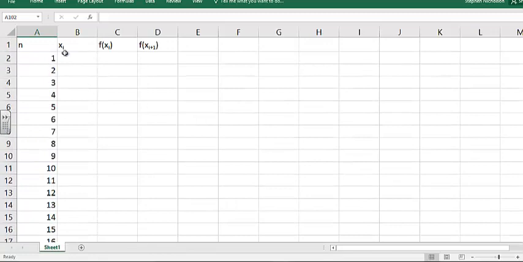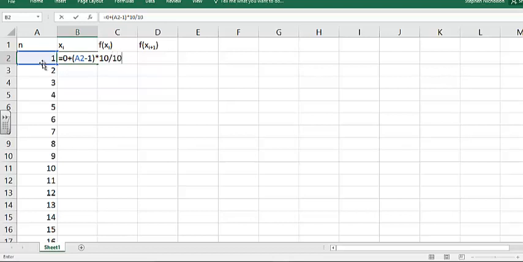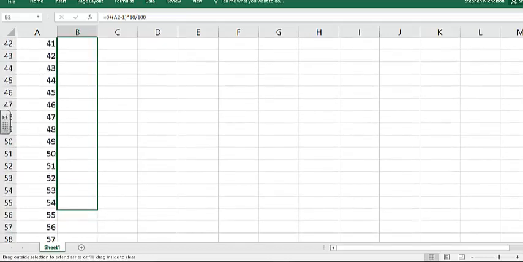So what we're going to do is start at x equals 0. Let's do y equals x cubed plus 1. Okay, that's my function. So this is going to be equal to 0 plus n minus 1 times, and we're going to be between 0 and 10, so I'm going to take 10 and divide by 100 because I have 100 rectangles. Let's see if this works. The next one should be 0.1 and so forth. If I copy that equation down,